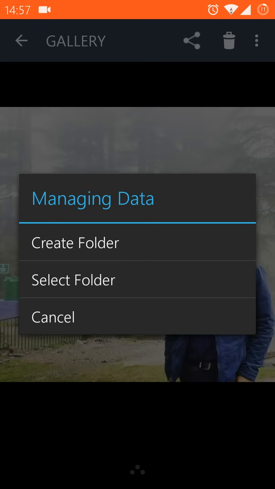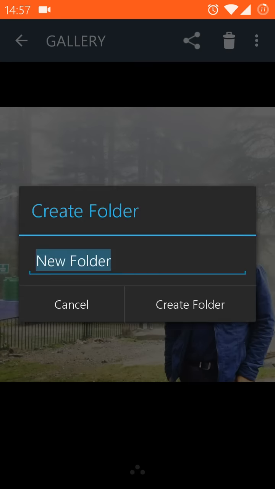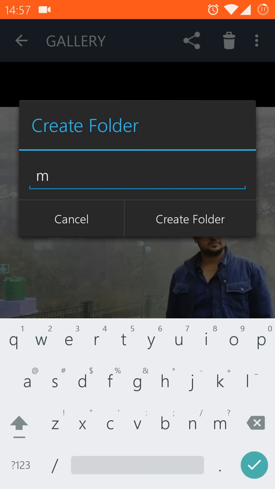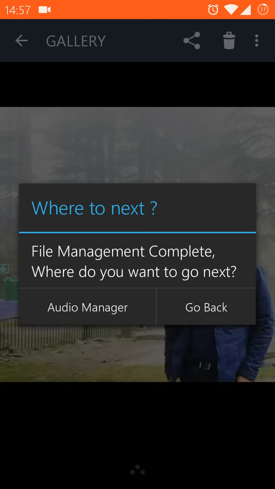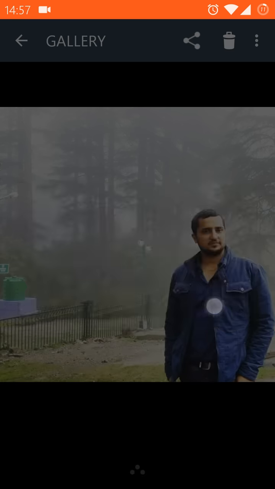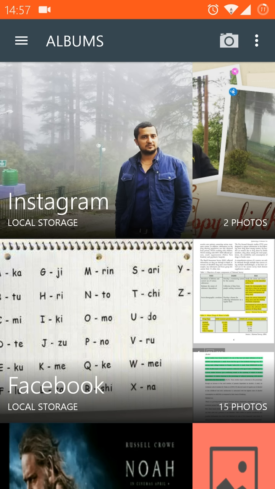Password, create a folder or select folder. I'll create a folder, name it my private pics. Create a folder, my private pics, and OK. File management complete. Where do you want to go? Go back. Now this will be hidden from your gallery.